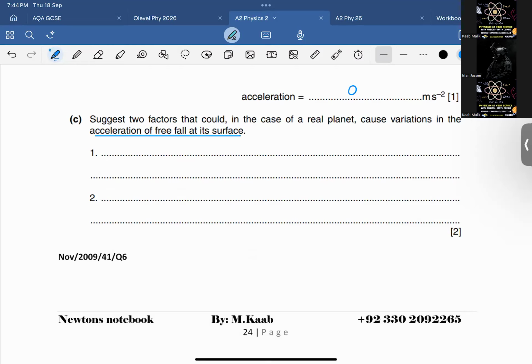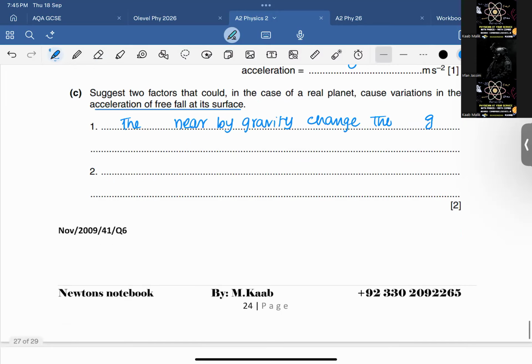So the gravity changes the g, the acceleration of the free fall, right? And the second thing is,